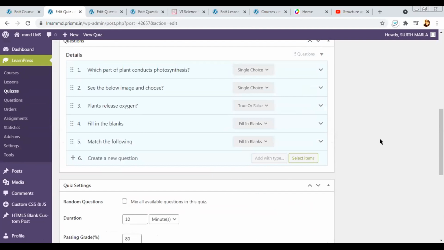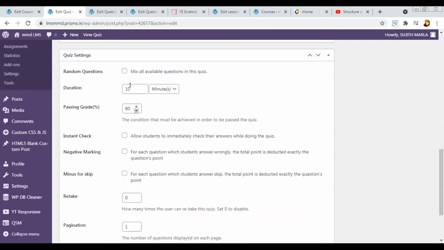Okay, thank you, sir. Then moving to quiz settings. Now you can decide within how much time, as the child will start on the particular date and time you have set. They click on start, and then there is a timer that was running, if you are able to see. So you need to decide within how much time you want the child to solve it. So you can give the time in minutes, hours, days, and weeks. You can also decide the minimum percentage, that is how much they have to score minimum for the result to be shown as passed. Then instant check.